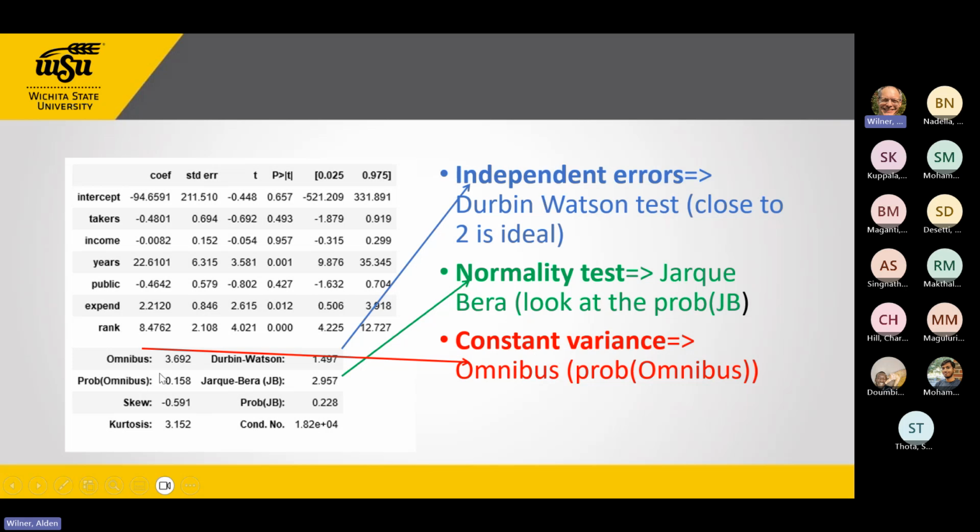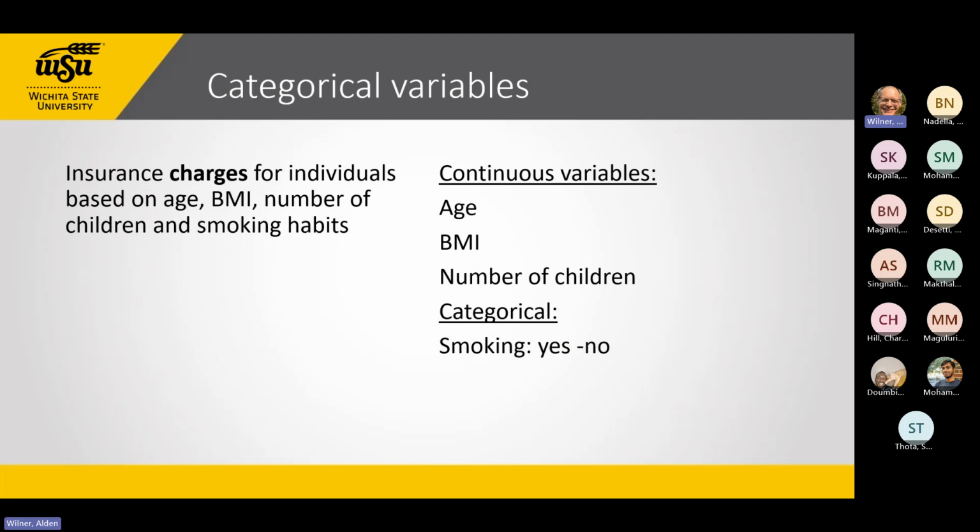Constant variance, we look at the probability of the omnibus. Again, if this is below, say, 5%, we start saying that maybe our variance is not close enough to constant for us to be confident in our model. Finally,